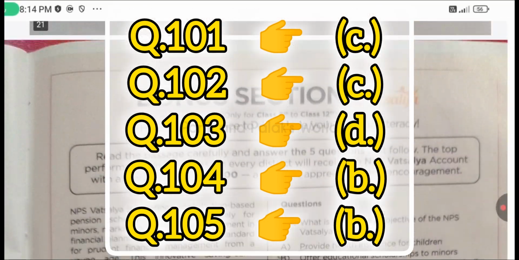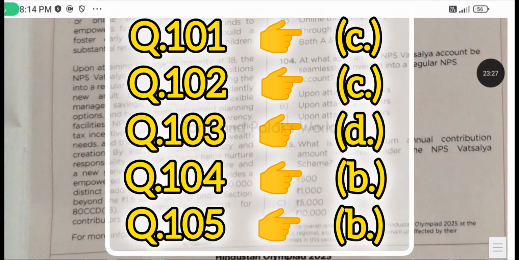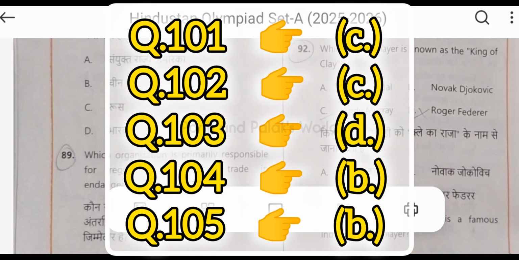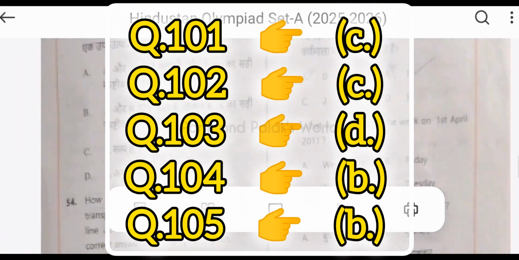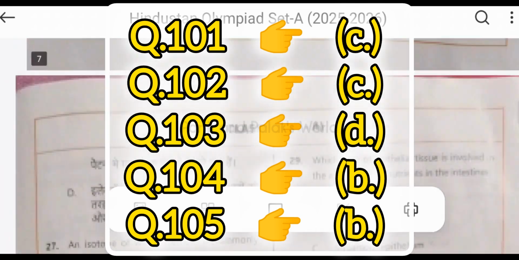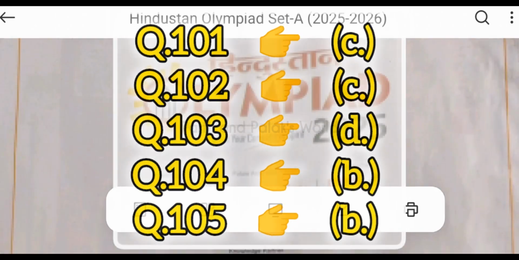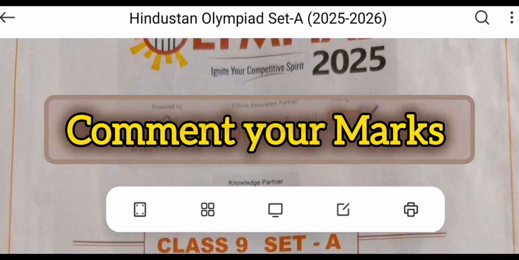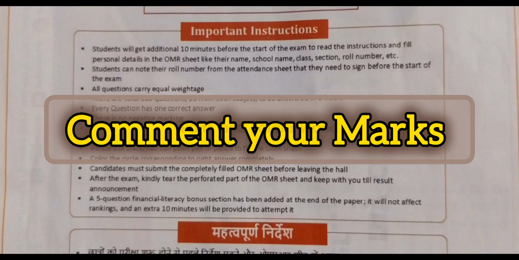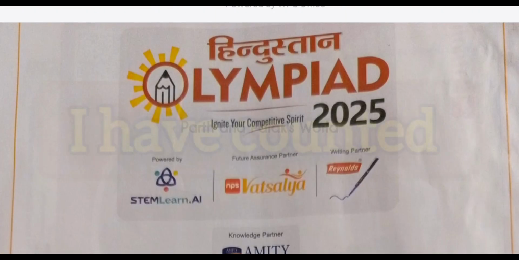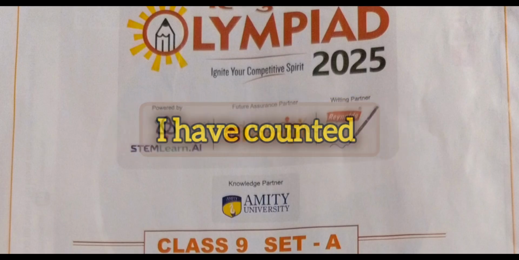आपने इन questions के bonus section के क्या answer किए मुझे कमेंट बॉक्स में एक बार ज़रूर बताइएगा। कमेंट बॉक्स में मुझे ज़रूर बताइएगा कि आपके total कितने marks बन रहे हैं। मेरे जो total 75 marks out of 100 बन रहे थे। कुछ changes answer में हो सकते हैं, जो मैंने आपको कुछ questions बताए हैं जिसमें मुझे doubt है, उसके marks में हेराफेरी हो सकती है। So leaving them, I have counted myself gaining 75 out of 100 marks.